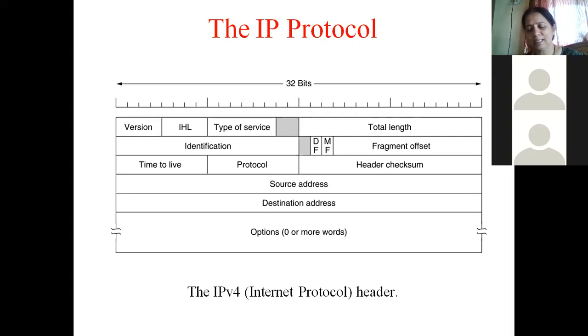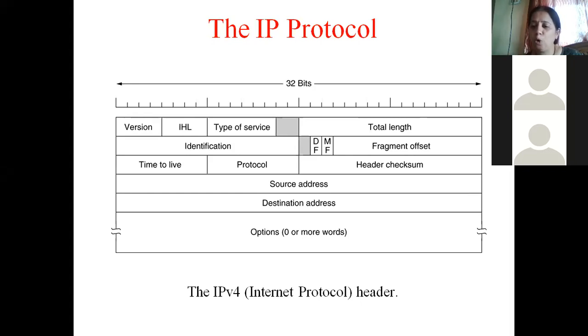It will send it as it is. Maybe it will forward it to other routers, from where it is being forwarded. And later on at the destination, it could be fragmented or it could be reassembled. But DF will put a restriction on the router not to fragment the data. So if DF is set to 1, it cannot be fragmented. If DF is set to 0, that particular packet can be fragmented.